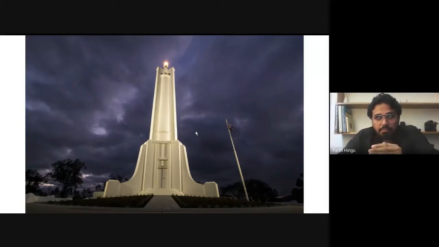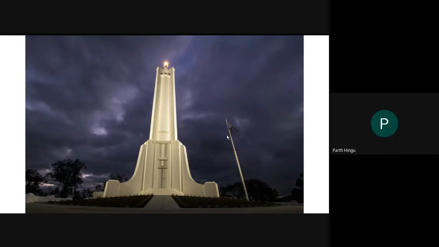At this time the light was very low. So what I did is I slowed down my shutter speed. See the flag, which is very blurry. It's because of the lower shutter speed at that time. So you can get enough light at low light. See the dramatic look of the clouds which were flowing in the sky.